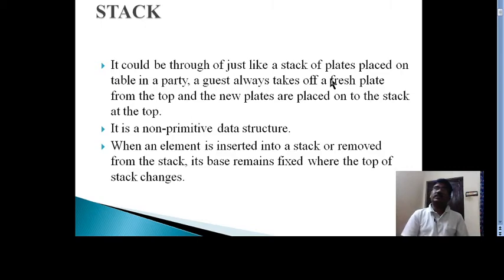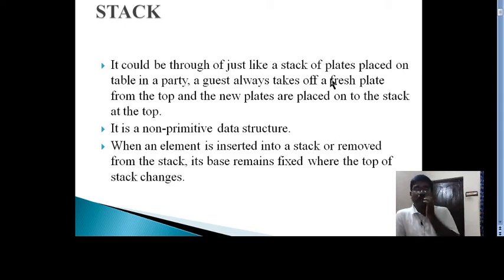Already we learned that primitive data structures are integers, characters, etc. All these are machine dependent. Using those primitive data structures, the programmer can develop new data structures like stack, queues, etc. All these data structures are non-primitive.